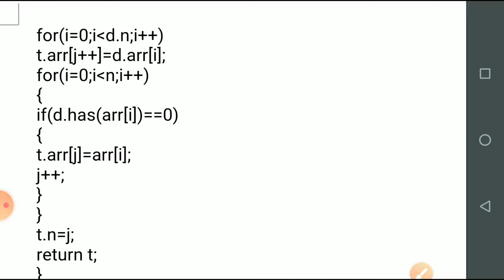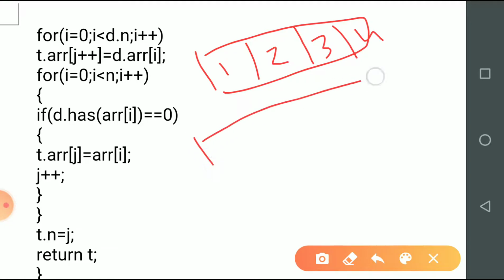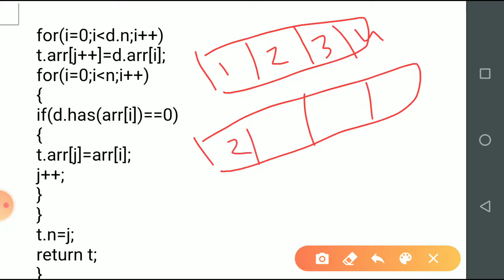So suppose current object is having 1, 2, 3 and 4, and D object has 2, 4, 6, 8. So what will happen? In the temporary object T, it will store 2, 4, 6, 8.